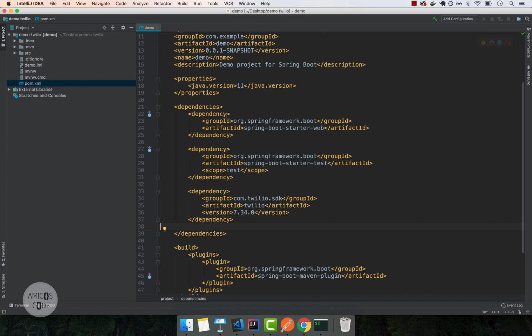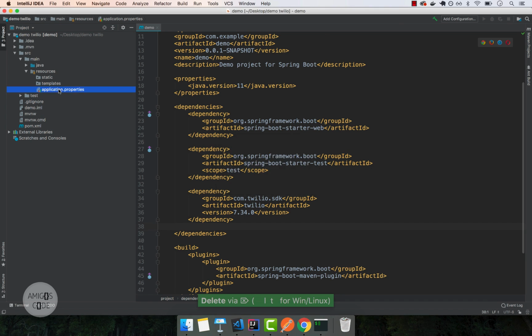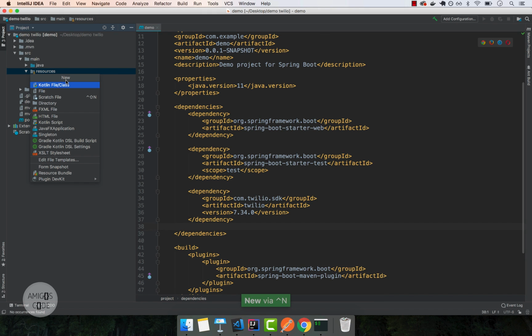Now let's go ahead and write our application that allows clients to send a post request to our server and then pretty much send an SMS to a given phone number. So let's open up source, and then inside of source open up main, and then inside of main open up resources. Right here, go ahead and delete this applications.property, and let's create a